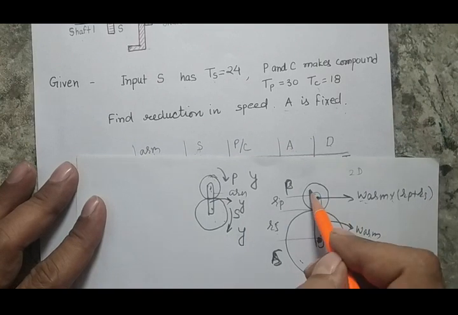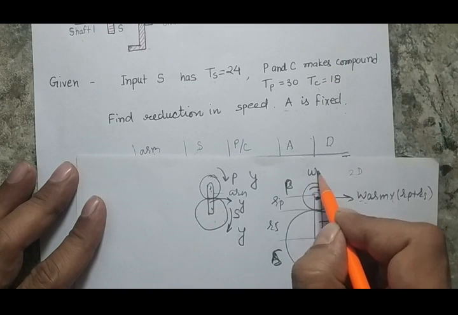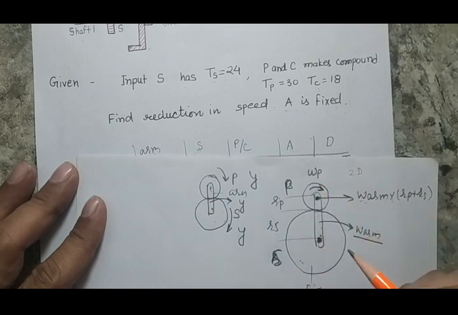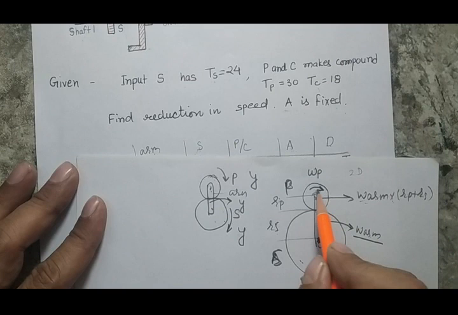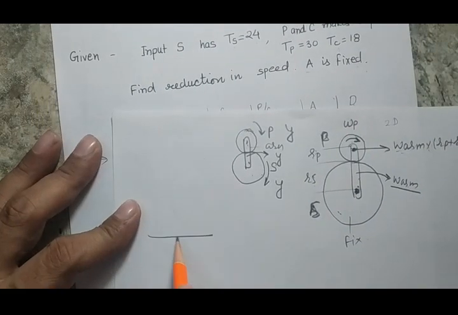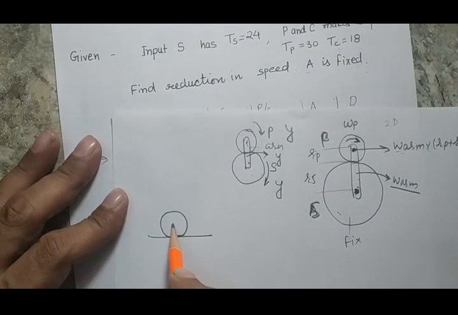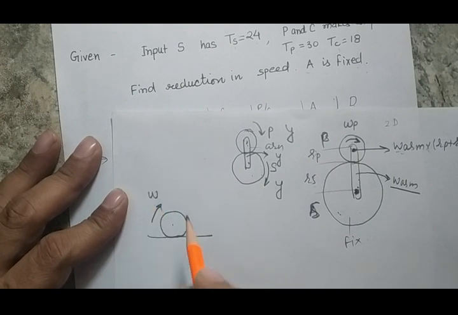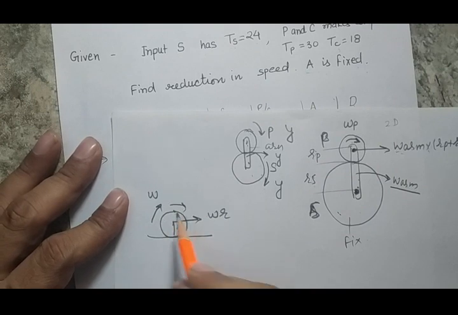At the same time, when I give rotation to this arm and I am fixing this gear, this P gear will also rotate. And if I assume that the rotation of this gear is defined by omega P, just try to recall that if something is rolling on a surface and its rotation is omega,